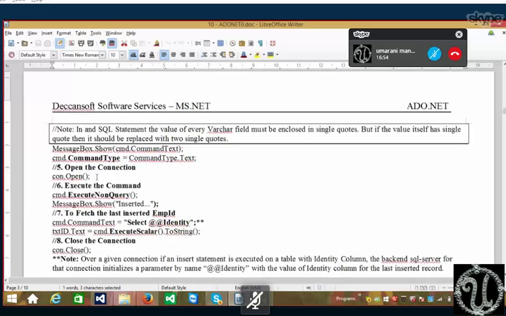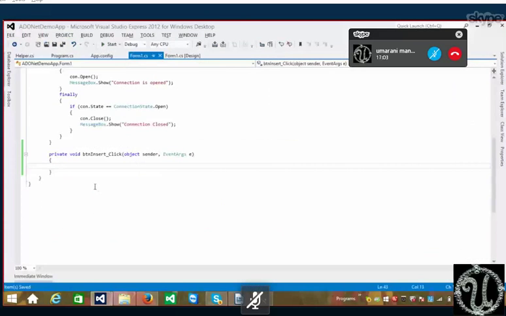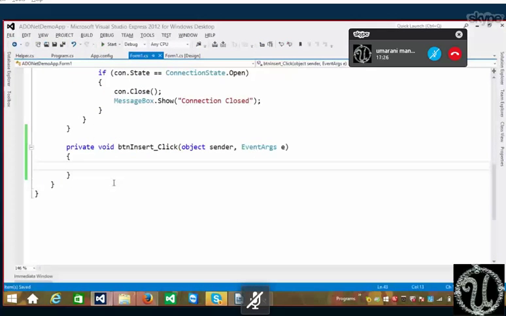After that, you have a message box also inserted. Just let me show till here. After that, how to fetch the primary key generated for the inserted record to the front end. Whenever I insert a record, it will generate a primary key in the back end. How to fetch that primary key from back end to front end? So, in the btnInsert_Click,